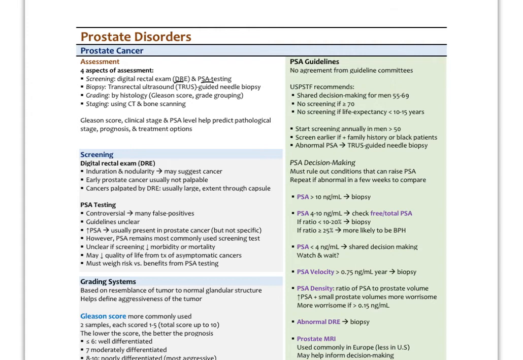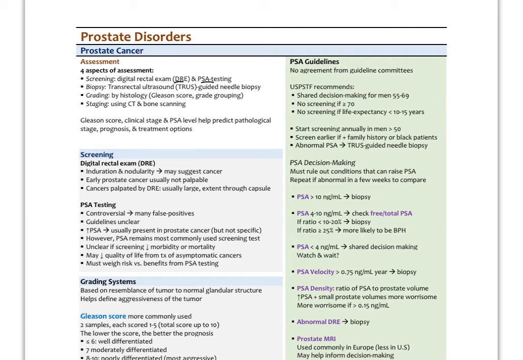Usually that's taking several cores, up to 12 cores from the prostate. Grading by histology based on what we find in those cores, and that's assigning a Gleason score or a grade grouping score, and then staging using CT and bone scanning to see if there's any metastases. So all of these are aspects of prostate cancer assessment. The Gleason score, the clinical stage, and PSA level are going to all help predict the pathological stage, the prognosis,